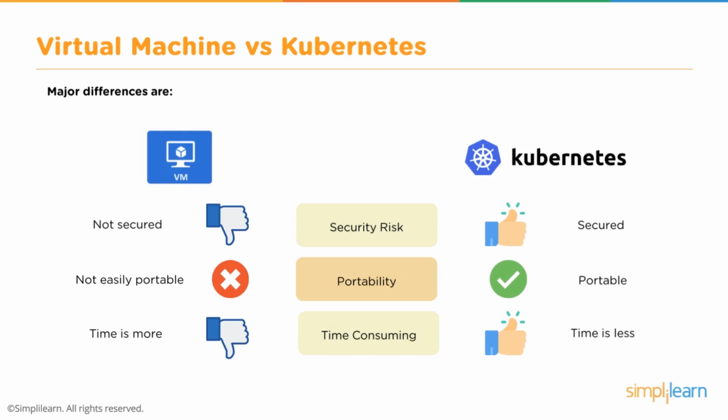Virtual machines are not easily portable. Now, with that said, they are technically portable. They're just not very easily portable. Whereas with Kubernetes, it's working with Docker container solutions. It is extremely portable. That means that you can spin up and spin down and manage your infrastructure exactly the way that you want it to be managed and scale it on the demands of the customers as they're coming in to use the solution. From a time-consuming point of view, Kubernetes is much less time-consuming than with a virtual machine.